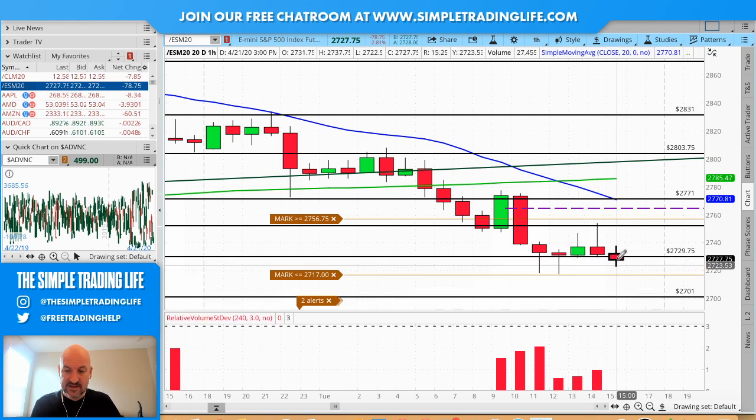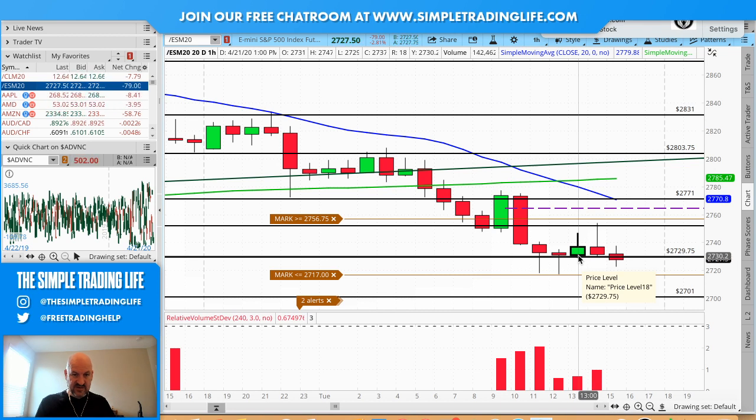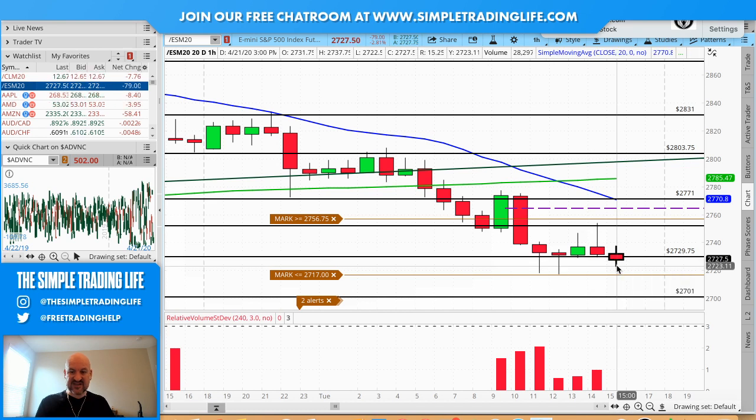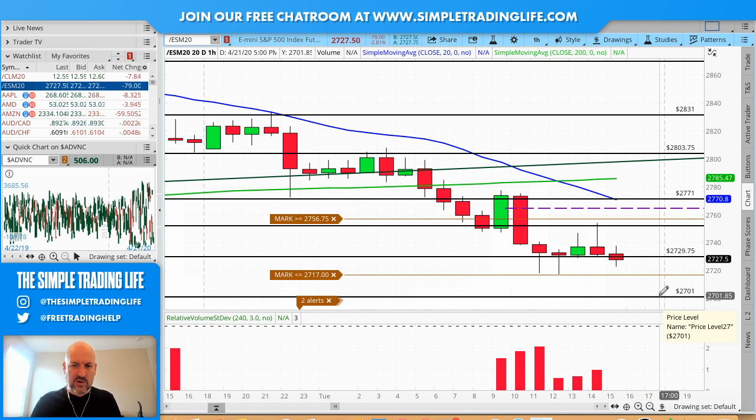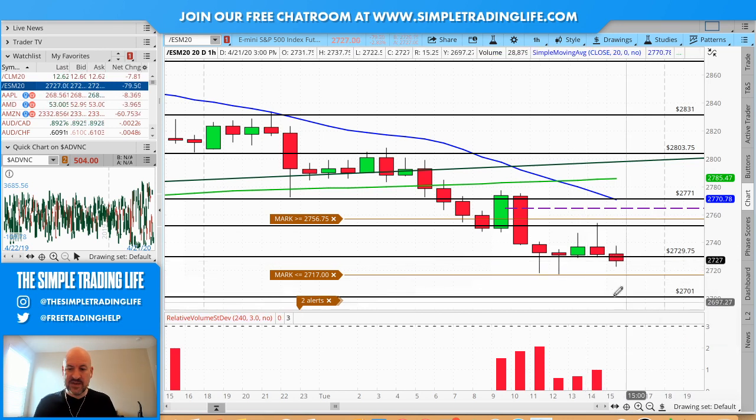We got a pop. Let's see, the low 27225. And the low here was 2.9, and we would have entered at 2.850. So that's $6 that it popped down. Not really the kind of reward to risk I would be looking for on ES, right? If I'm going to jump in here, I'm wanting to maybe get down here, right? I'm wanting to get down in here if I can.